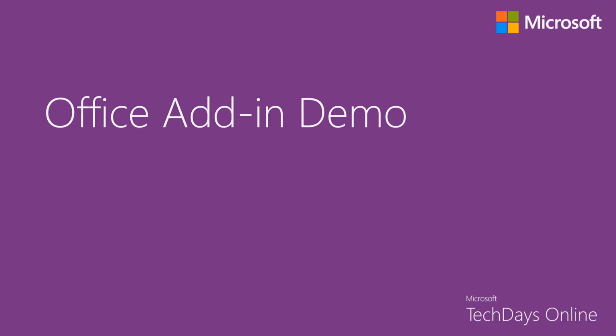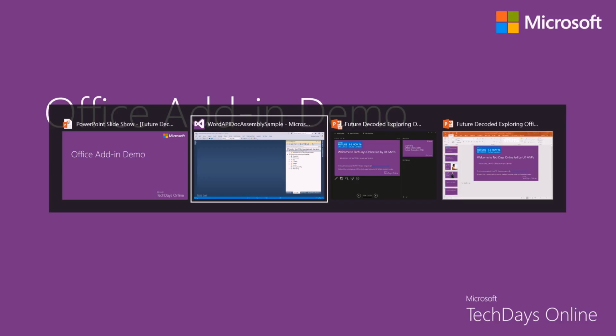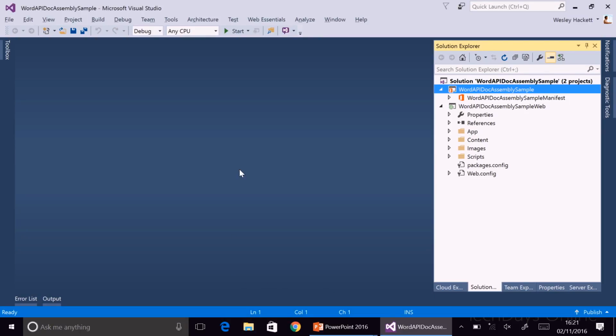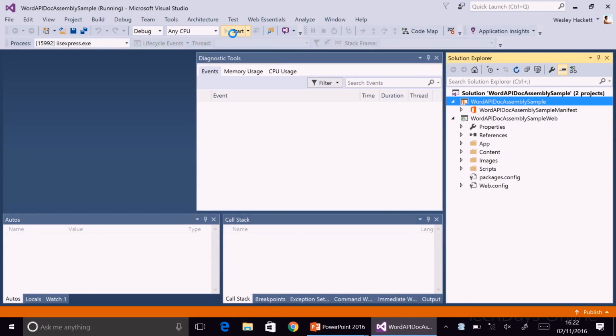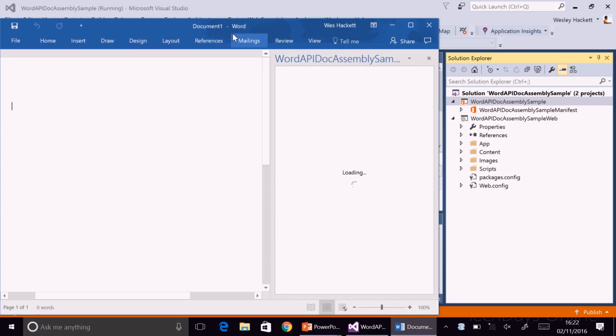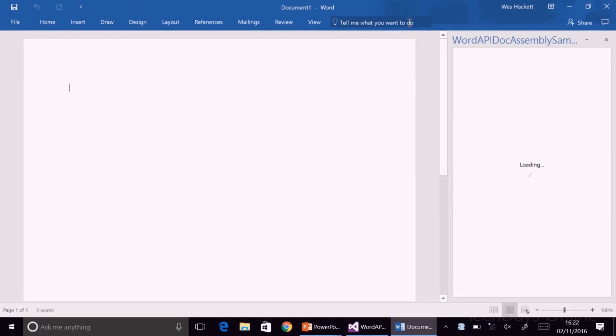So I want to dive in and effectively show you one. What I've got here is a demo piece of code called the document assembler. And this is available on GitHub today, so you can go over to